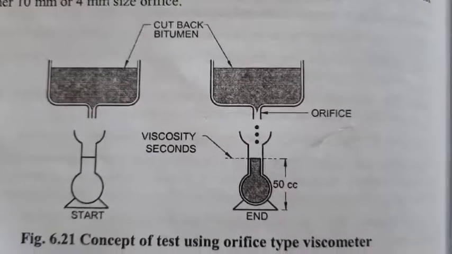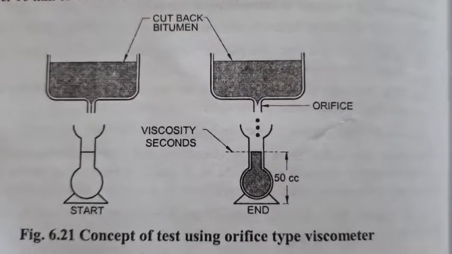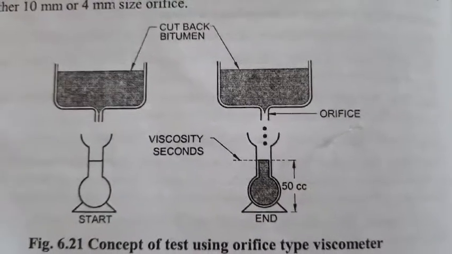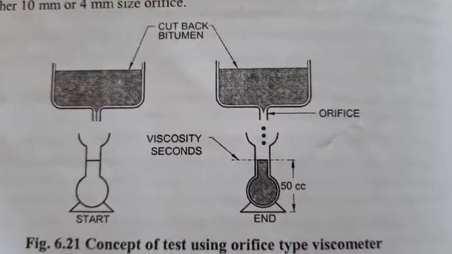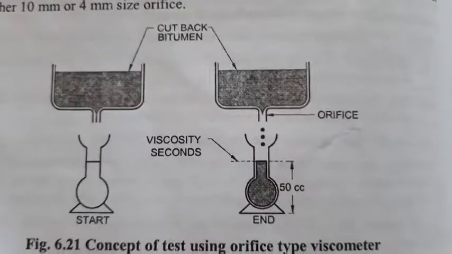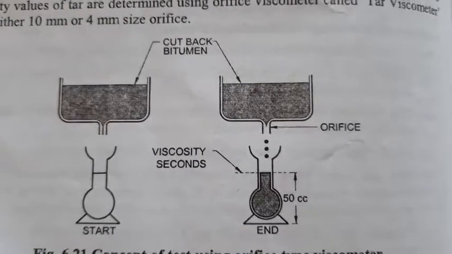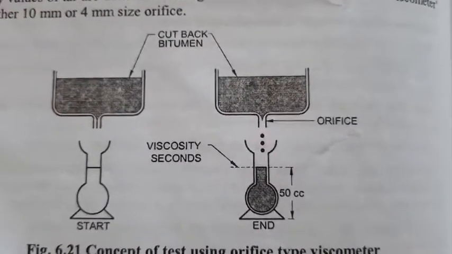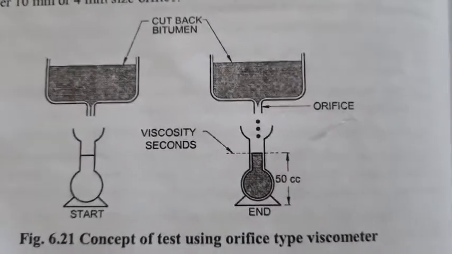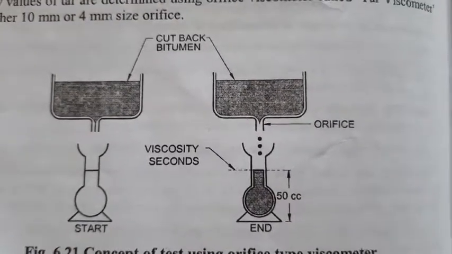Clear? Depending upon these classifications, we decide what temperature conditions we want to construct or pave the road for. If you want to design a road in a desert like Rajasthan, I require a higher grade of VG material or lesser penetration value bitumen sample, because it is hard in nature and does not get softened at higher temperature. If you want to work in a colder region like Jammu and Kashmir, I require a higher penetration value and a lower viscosity grade.